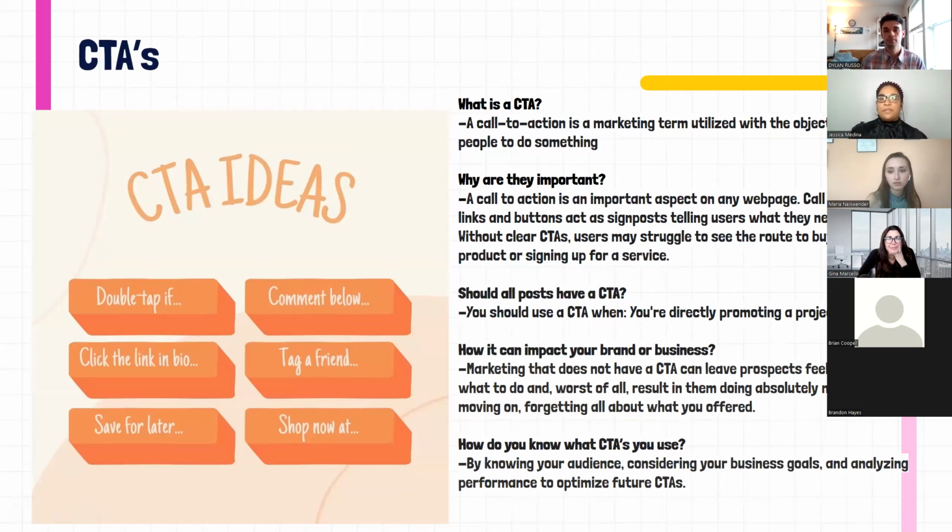So it's very important that when you post on Instagram, you are telling the users going to your platform what to do. A call to action is very important for many reasons. Oftentimes when you post on your stories or create your reels, you can add a link, a button where it says click here. And right next to it in the slide, you can see some CTA ideas that you can write down and use for your Instagram account, and that will help you out tremendously.